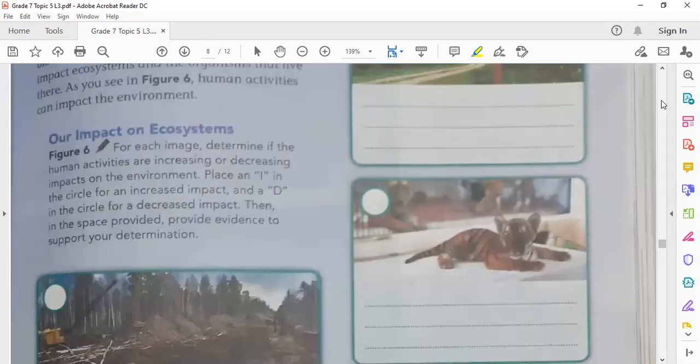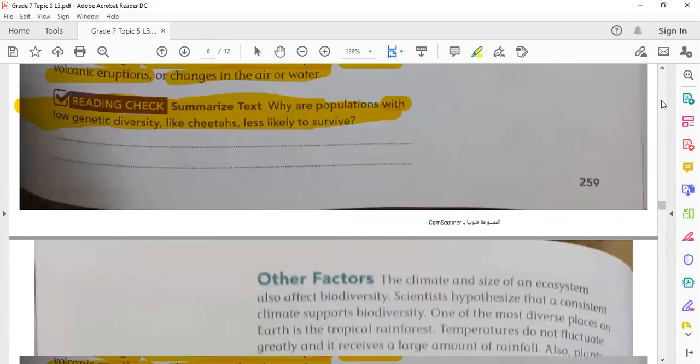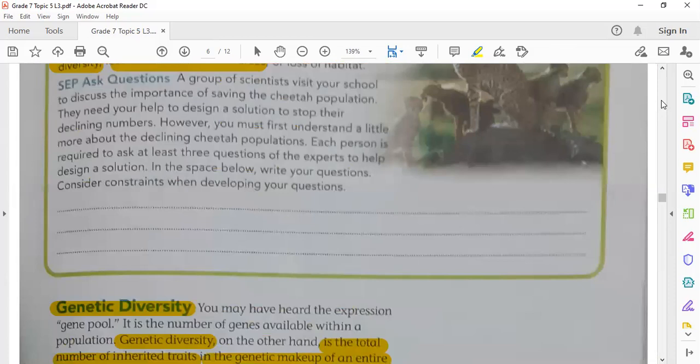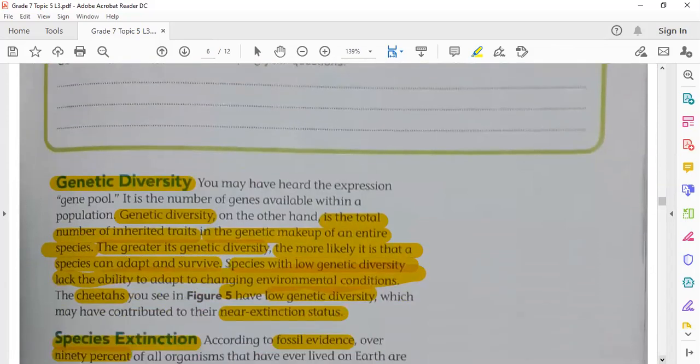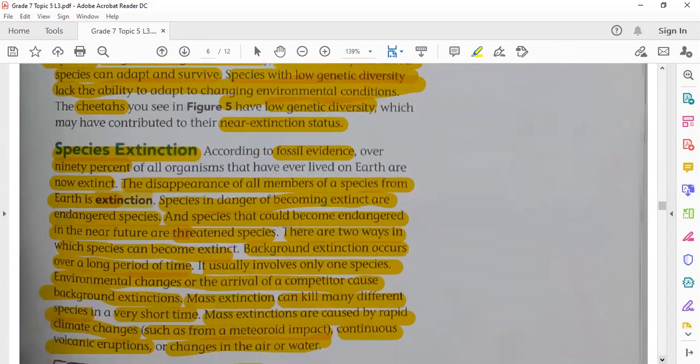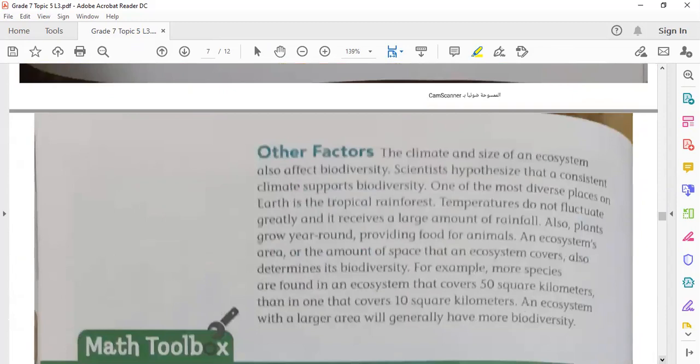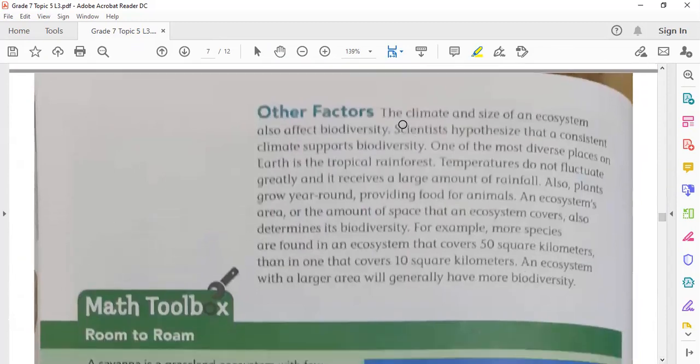There are also other factors that can affect the biodiversity in addition to niche diversity, to genetic diversity, to species extinction. The other factors, the climate and size of